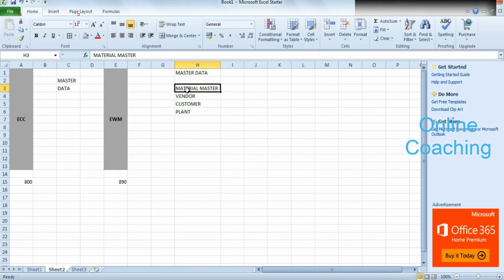Whenever you create it in ECC, it has to get transferred to EWM. Now, this transfer of all master data that happens between ECC and EWM is done with something which is known as the